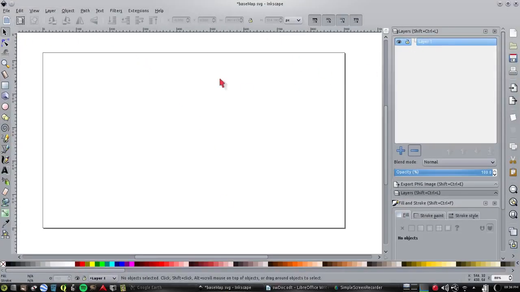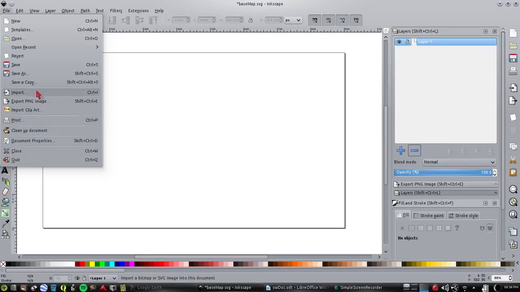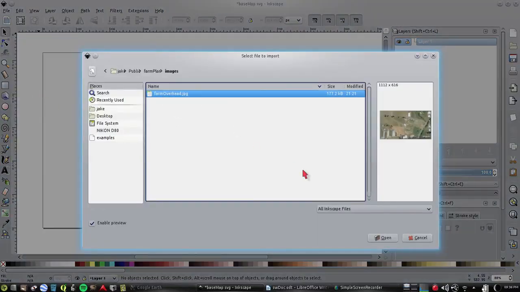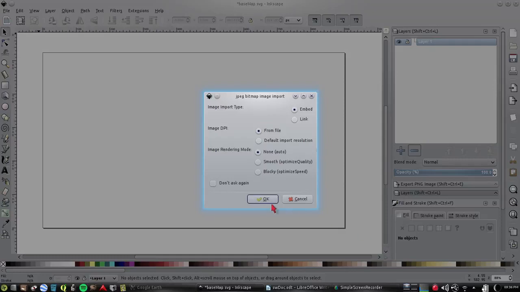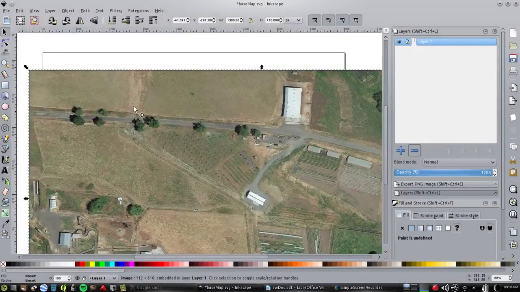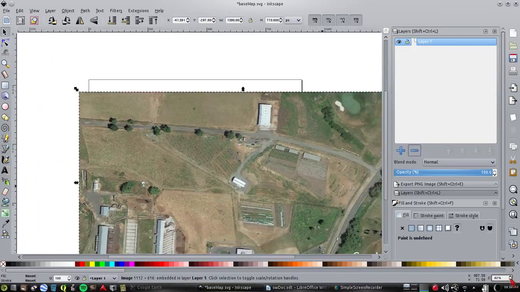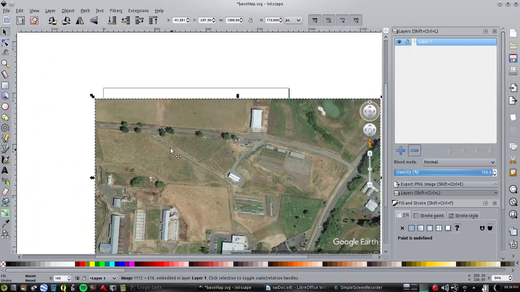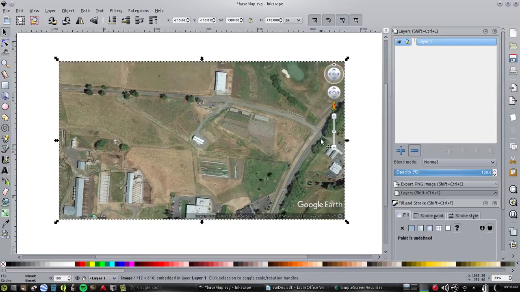And we have layer 1. When you open Inkscape for the first time, your canvas may look a little bit different, which is no big deal. It's all adjustable. But in layer 1, we want to import the image that we just got, farm overhead. We bring that into Inkscape, and it's really big and doesn't fit. So let's bring this over here, and the first thing we want to do, again, note the north arrow because we want to add one for the orientation,